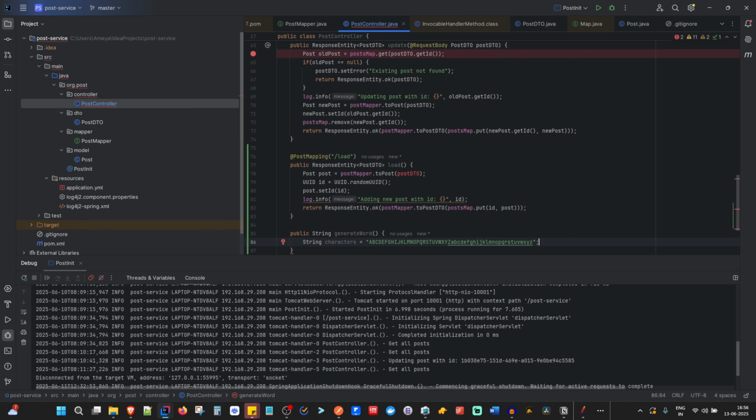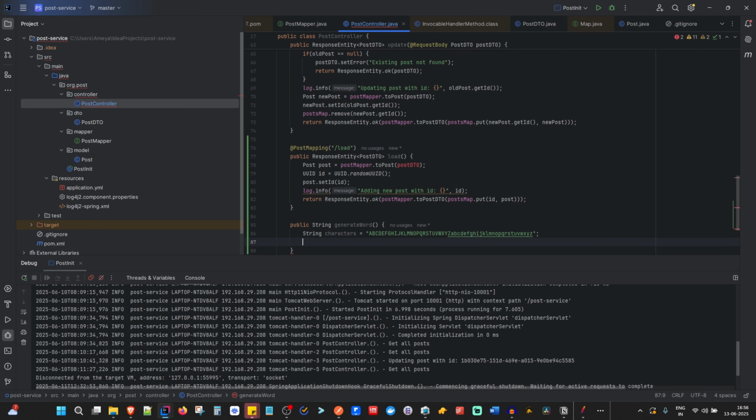Doesn't matter the sequence. What matters is once that has been created, and then we create a